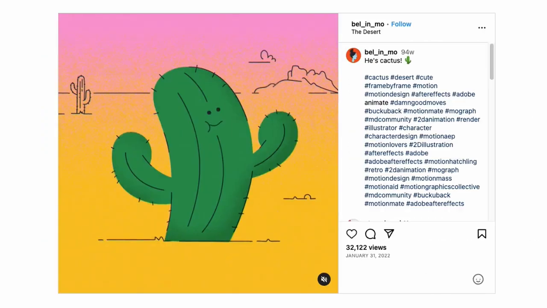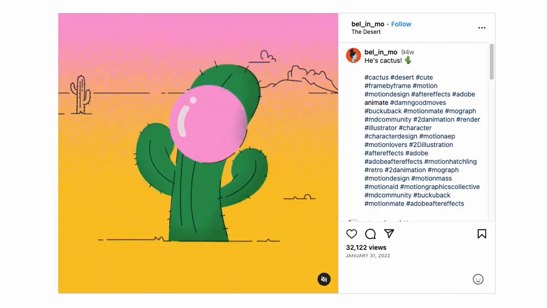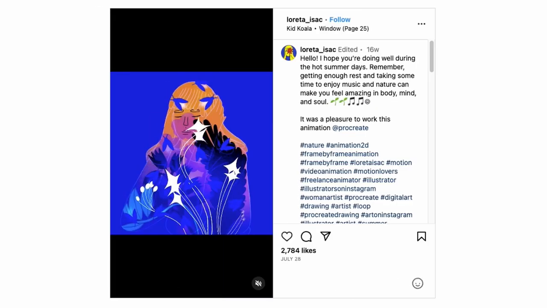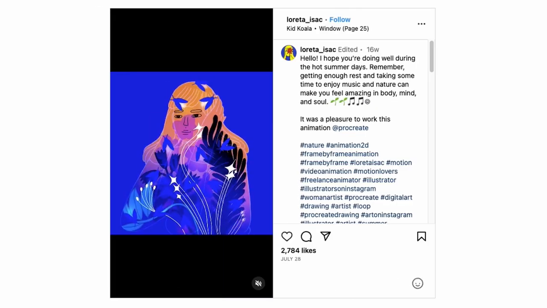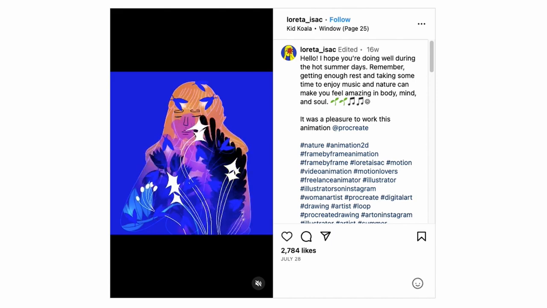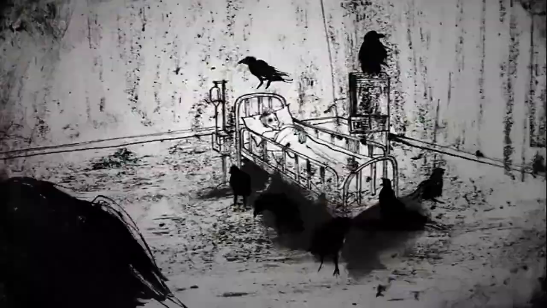They can be short and snappy, like Melbourne-based Belle Giles' bubblegum chewing cactus, or they can be playful and poetic, like Loretta Isaac's work, where dreamy sequences and lyric videos burst with quirky personality. In fact, they can communicate anything the animator wants, even transcending the boundaries of kids' cartoons to tackle more grown-up